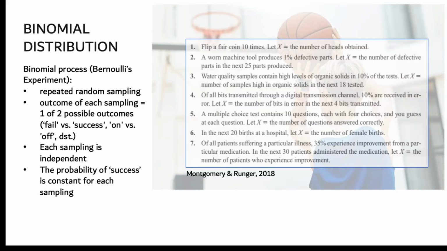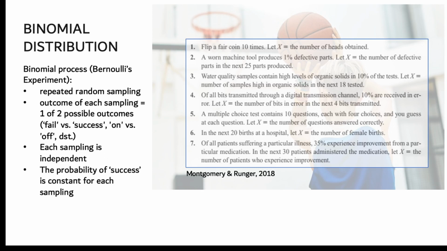First is the binomial distribution. The binomial process, whose other name is the Bernoulli experiment, must meet the following conditions. First, it involves a certain number of repeated random runs. Second, the result of each run is only one of two options. It's fail or success, on or off, pass or fail,